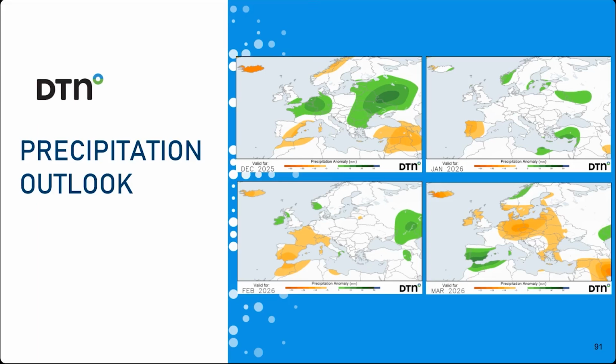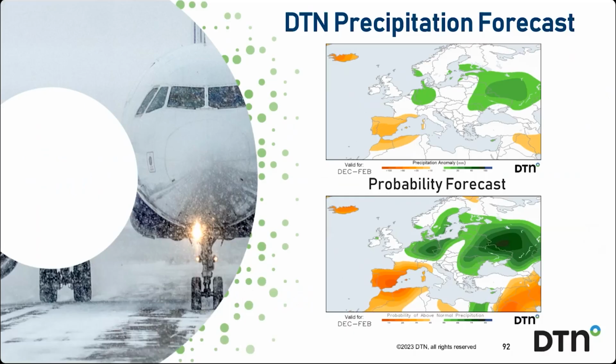Central, Eastern, and Northwest Europe become drier in this scenario, with high pressure building. For the winter as a whole, December through February is the precipitation pattern, wetter than normal across northern and central Europe, drier than average in the southwest before the potentially wetter March sets in.